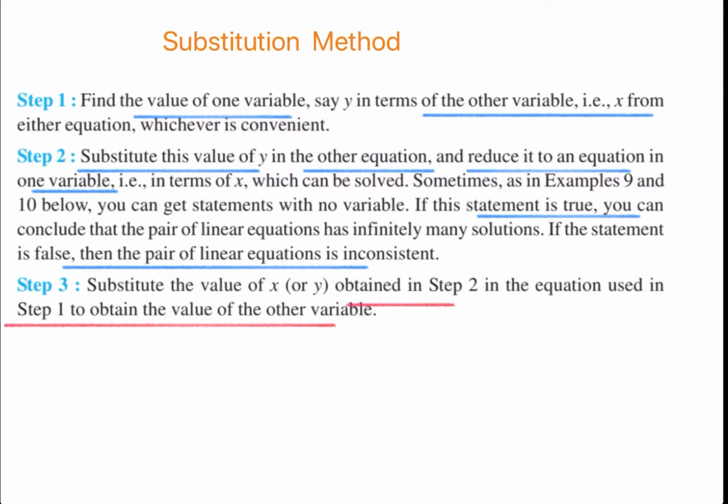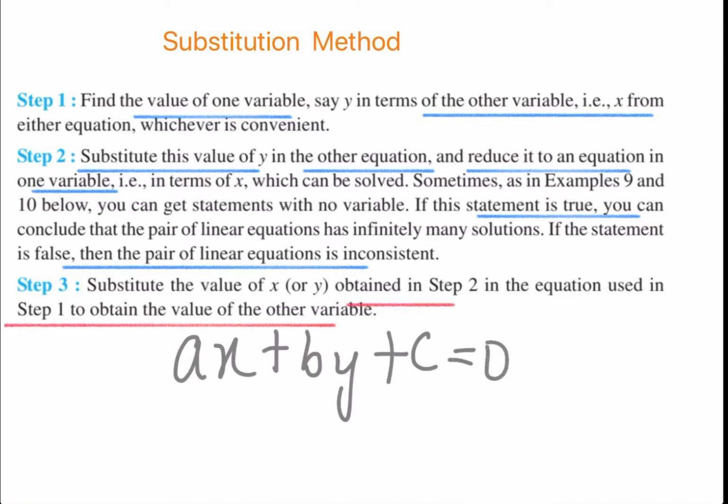Now when I talk about the substitution method, it is very similar to the example I just gave you of a substitution class in school. What we will do is we have an equation in two variables which has a general form. We know the general form of a linear equation in two variables is ax plus by plus c is equal to 0, where x and y represent your variables, c is the constant, and a and b are coefficients.